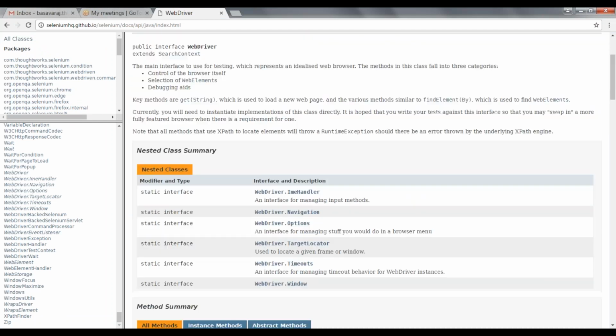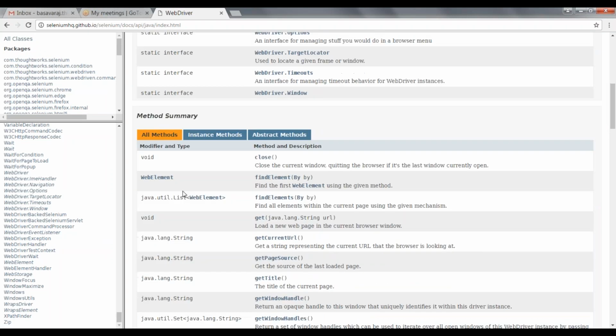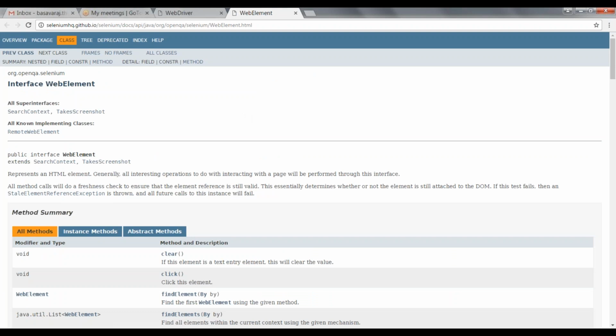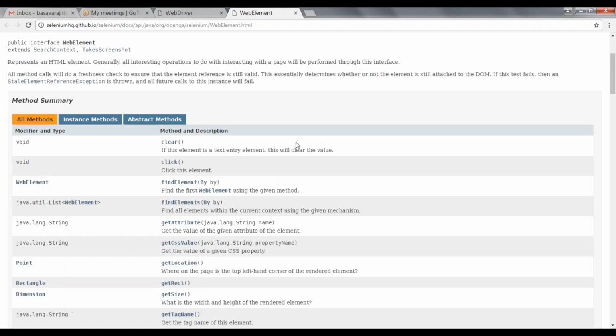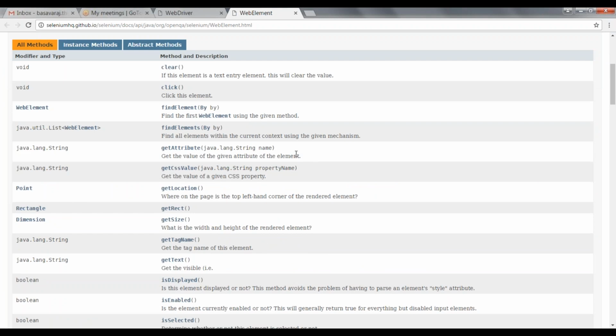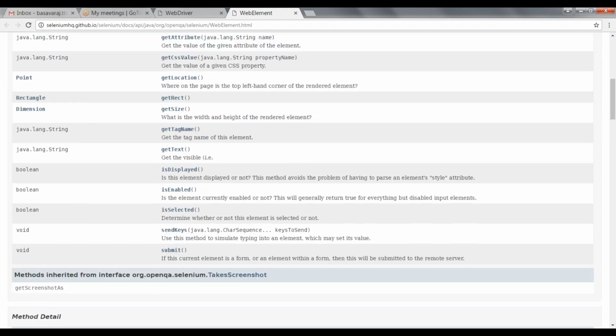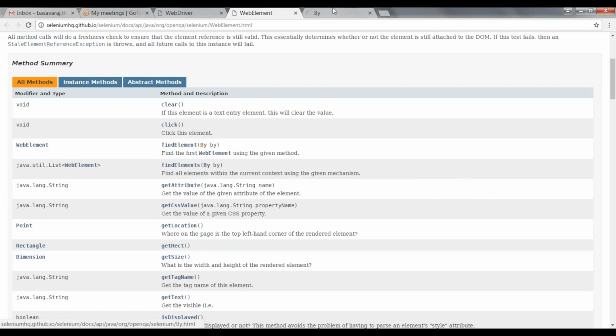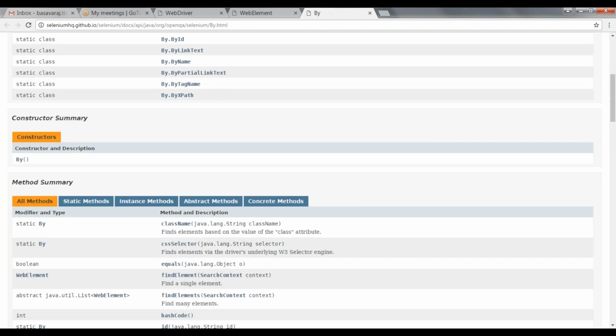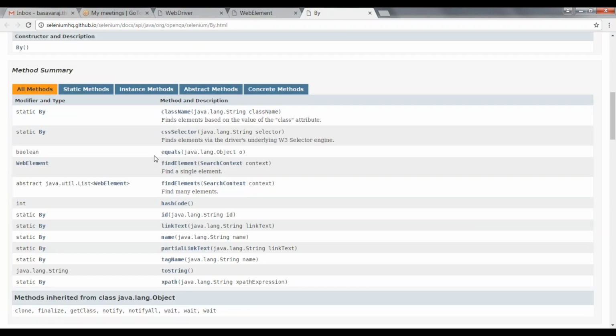Okay, so we have used a web element. Let me go to web element. I'm just taking the reference of this so that I can show you guys what all methods are there. In web element, the By class, and in By class I have class name. We have covered ID, link text, name, partial link text, okay, tag name.